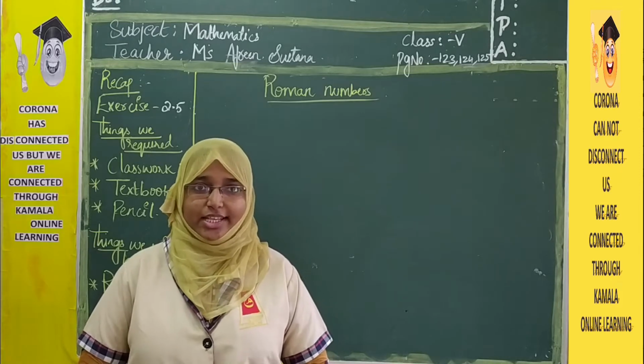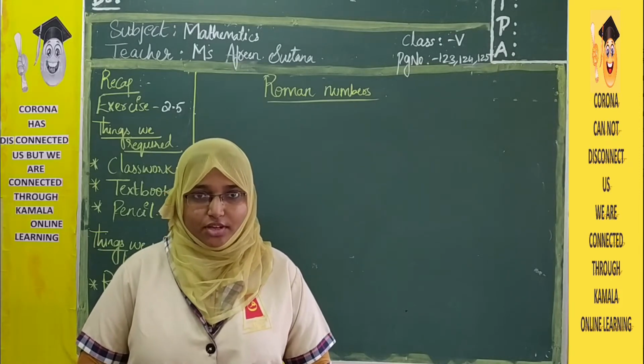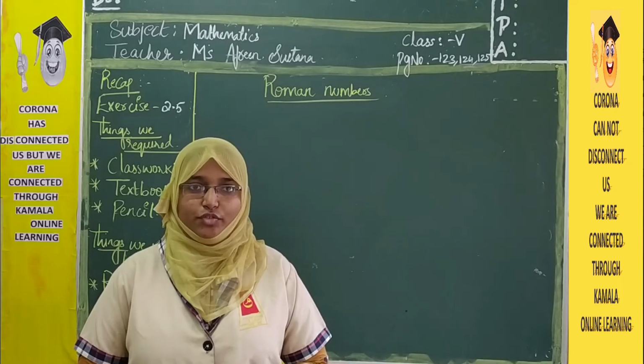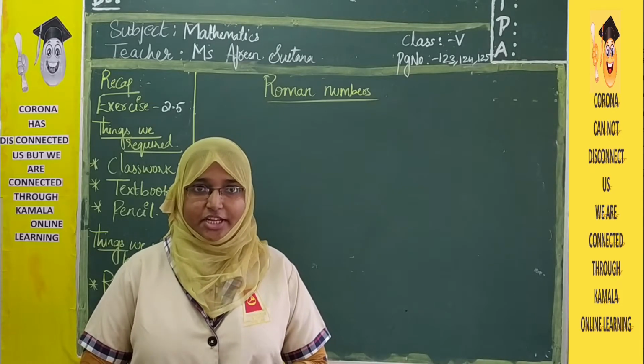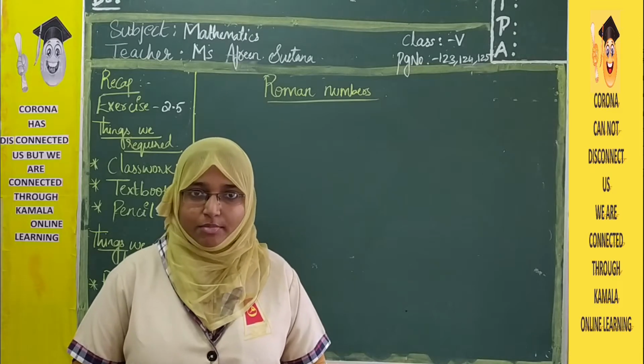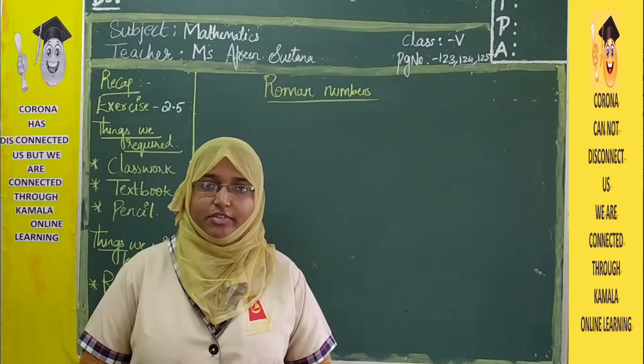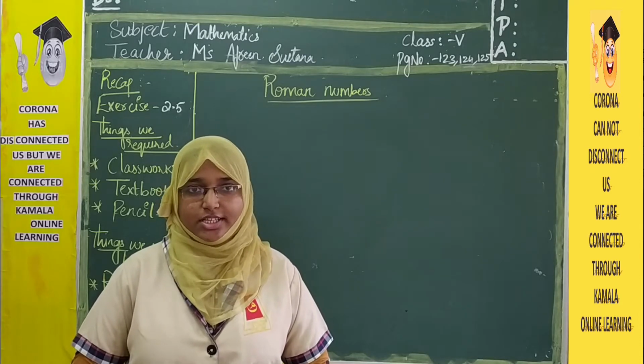What is SMS? S is for social distance, M is for mask and S is for soap. We should maintain a physical distance whenever we are interacting with other people. We should wear a mask, either at home or when we are out, and we should use soap to clean our hands. I hope everyone is following this SMS.